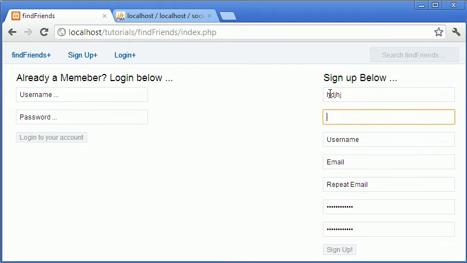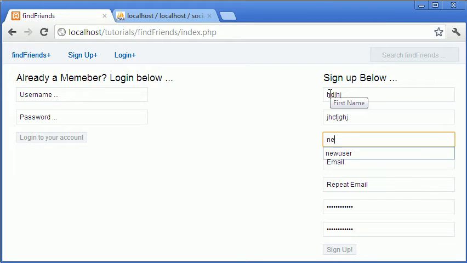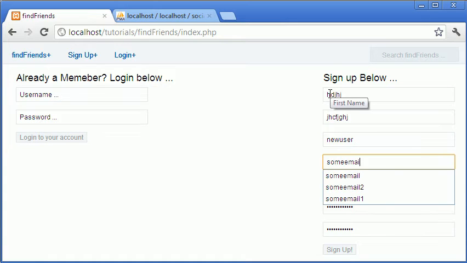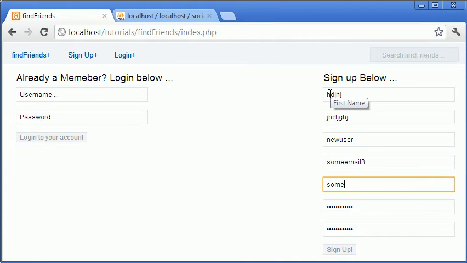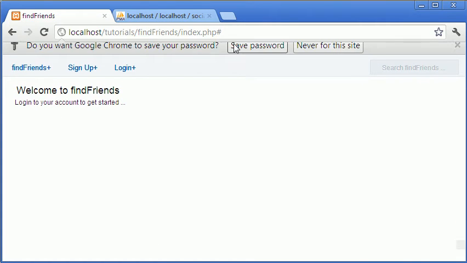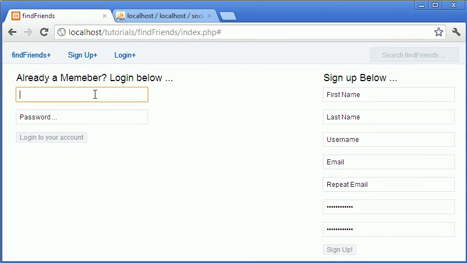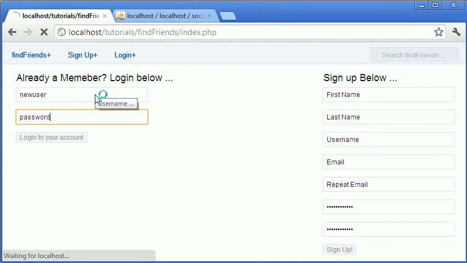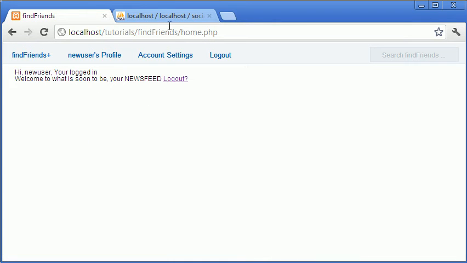This should work. Okay, so let's check. New user, password. Yep, and it's worked. So if we go to the profile,